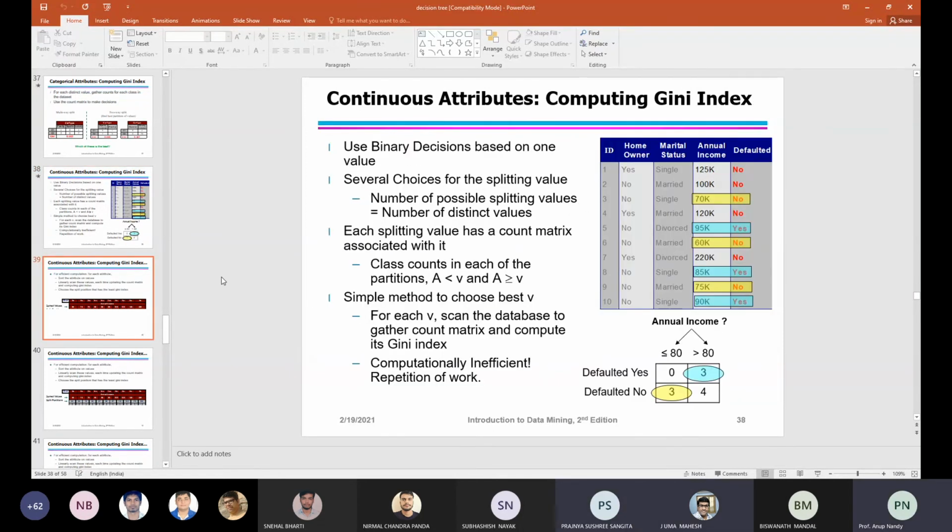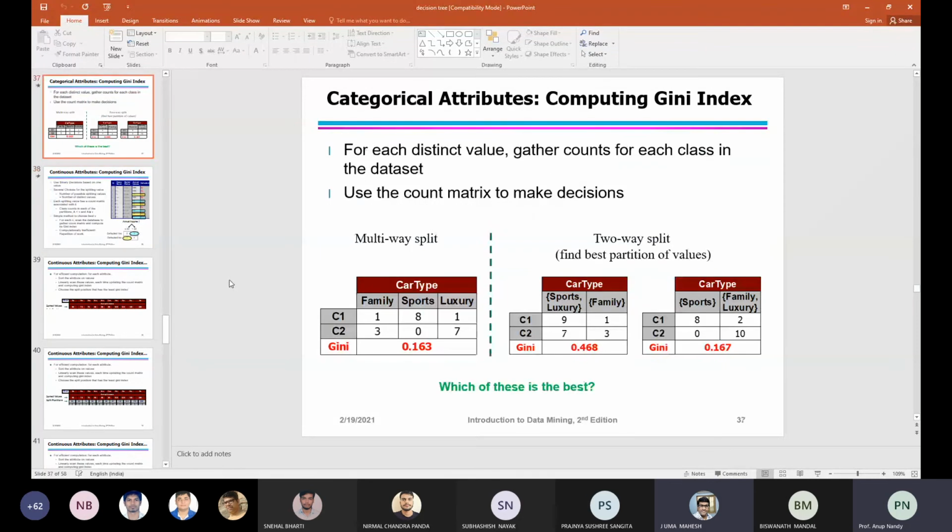Sir, this is all about the best split, no, sir? This is all about the best split. Exactly. Sir, this best split is suitable for other decision trees also, like random forest and other classification techniques? Random forest you can use it, because those classifiers are called ensemble classifiers. Ensembling, bagging, boosting, random forest all come under it.